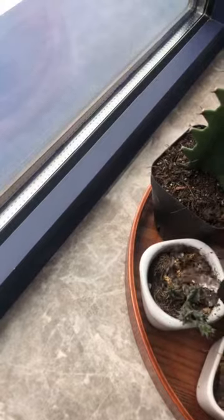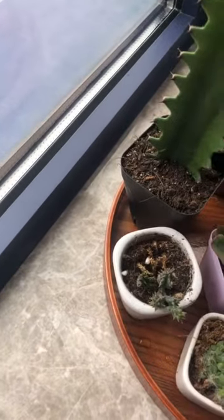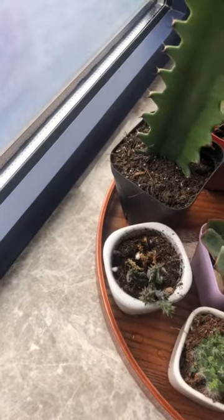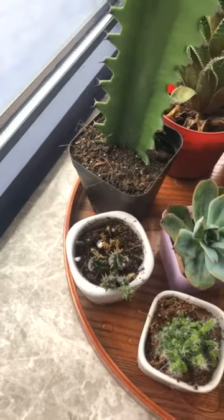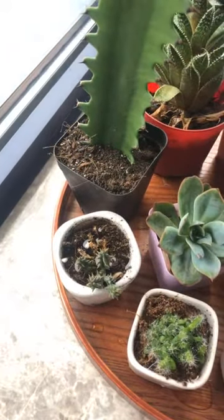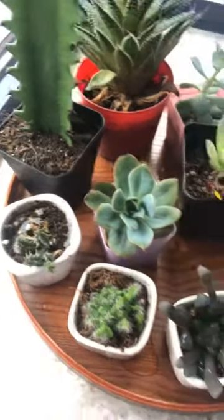So, just giving these a little bit of water. Hopefully it won't drain through too much because I've got a wooden base there. Honestly, I'm the world's worst gardener sometimes, sorry. And this Haworthia seems to be etiolated, but I don't know why, because it's in a really sunny position,